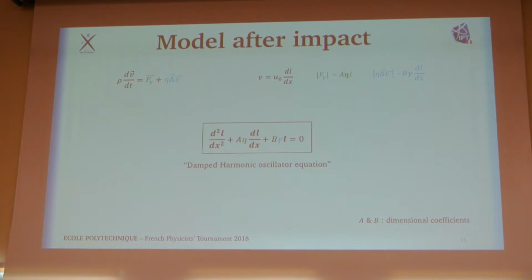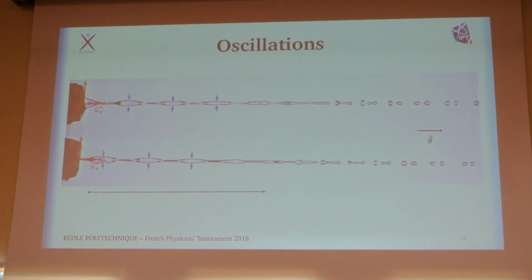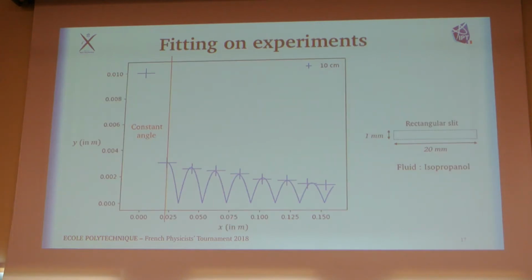And so if I do the equation, I get some equation like this, and we see that we have the damped harmonic oscillator equation, where viscosity acts as the dissipation force, and the surface tension is the one that brings the oscillator back. So when we plot oscillations, we see that if in the experiment before, if I try to fit some oscillator